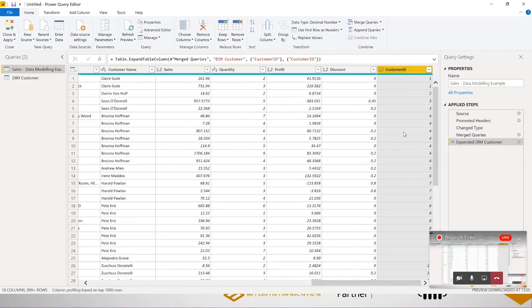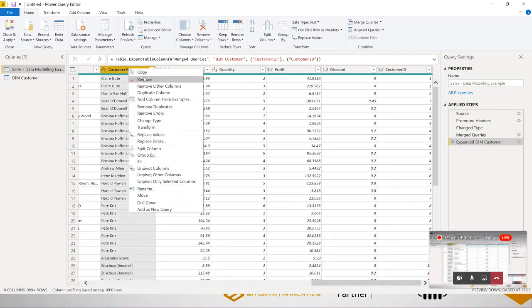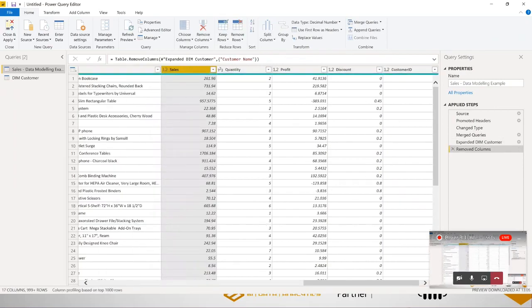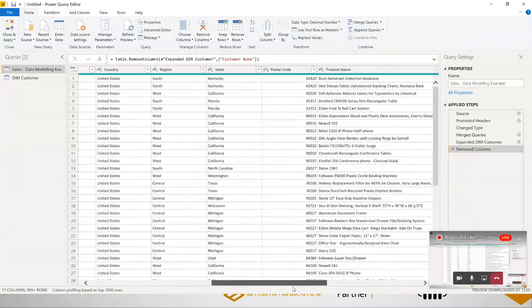So now that's brought through the customer ID from my dim customer table, and you can see there's Rosina Hoffman who's ordered a number of different times. We've now got the same number, she's got an ID there, so we can now get rid of this customer name. Okay, so then we can go through and think, right, well, what else have we got in here